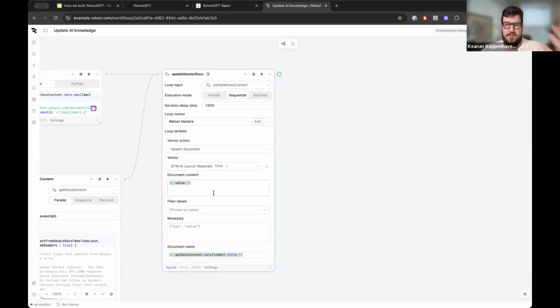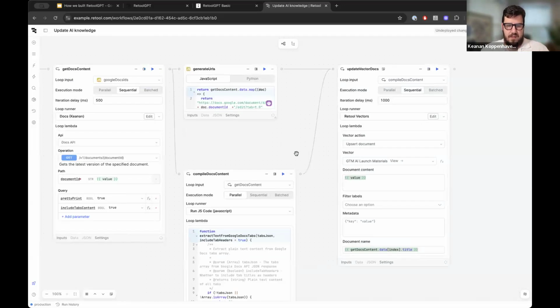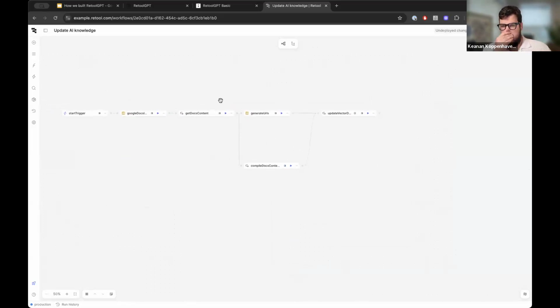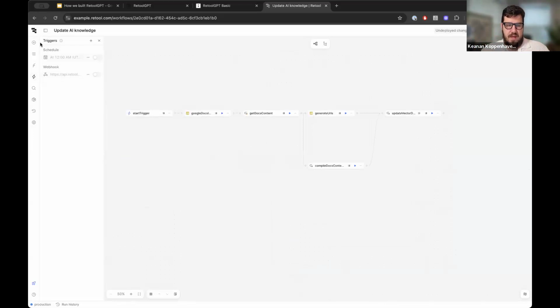But if, for example, someone drops a new Google Doc that we want to also vectorize, we don't need to handle that case separately. It will just insert it as a new vector and then update it in the future as we go. So this is a relatively simple workflow. We can zoom out here and see just a couple steps. But this means that all of our Google Docs data that we want in a vector can now be in that vector. So what we would do then is go over here to triggers and say, okay, on a schedule, we want to run this,